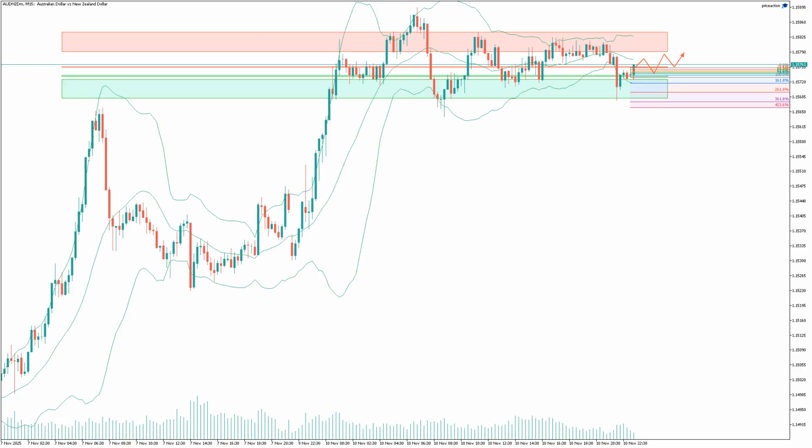The AUDNZD currency pair is currently trading around the 1.15751 mark, presenting an interesting confluence of technical indicators. We observed a recent upward momentum, with prices touching the upper Bollinger Band at 1.15756, suggesting potential buying pressure. However, the Fibonacci retracement levels indicate a potential pivot point around 1.15753 and 1.15731. Given the previous resistance at 1.15756 to 1.15754, and a support at 1.15736 to 1.15733, the price is likely to